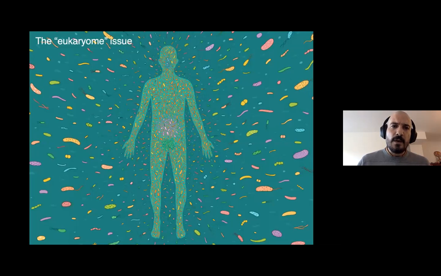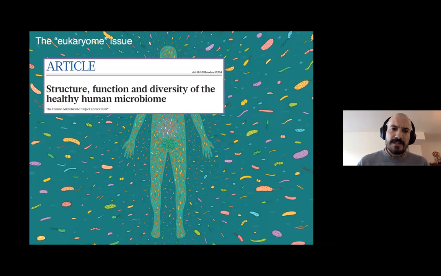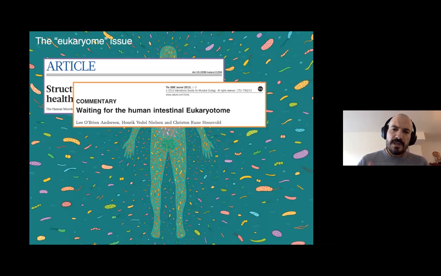And you will ask why I was using 16S to study microeukaryotes when the barcode that is commonly used to study microeukaryotes is the 18S of the ribosome. Well, the reason is that after the publication of the first human microbiome study, the community working on eukaryotes asked for the same type of effort to study microeukaryotes. Here they call it eukaryoton, but then they changed the name because they didn't like it. So that's not on me. Currently we are calling it the eukaryon.